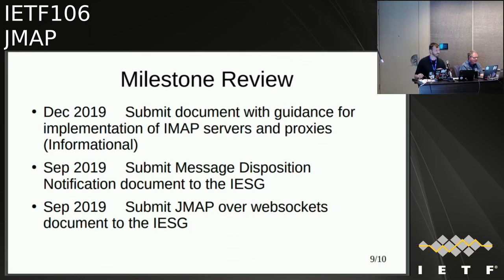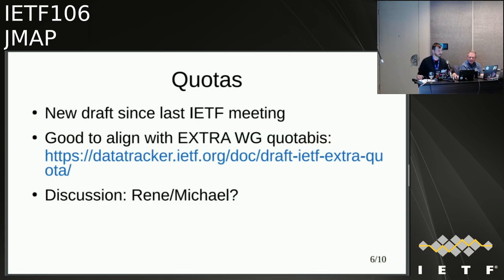I just looked at the Quota draft. It's relatively small, and I agree with Neil. Yep. So it needs to be made slightly more generic, and certain things are overcomplicated. Just remove them. It will be slightly simpler, though slightly more complex at the same time, but more general. Yes. But realistically, we should be able to get to that early next year. I mean, it's very small. It should be straightforward. All right, I'm going to say Feb 2020.